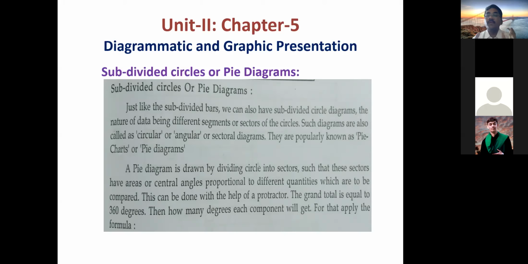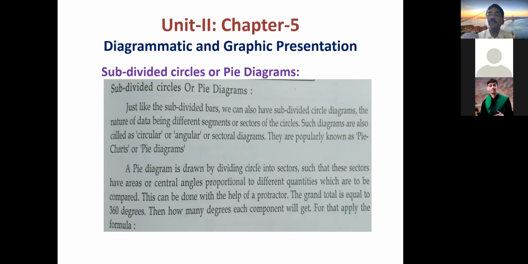If the variable measurement is bigger, say for example, one variable is maximum 70%, another variable is 10%, another variable 10%, another variable 10%. Naturally, the 70% variable is a huge one. So in the pie chart, it occupies a huge place, and it can be visible more than the other sections of the pie chart.